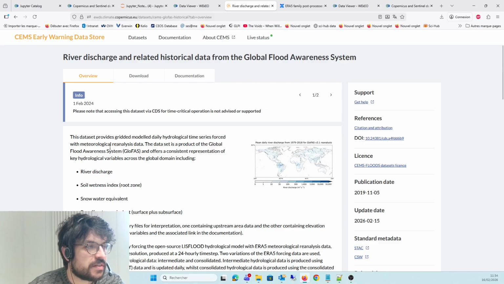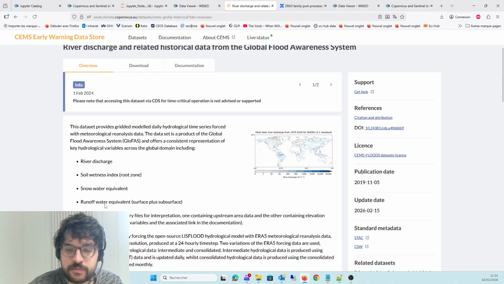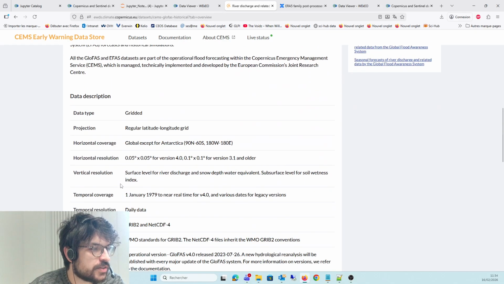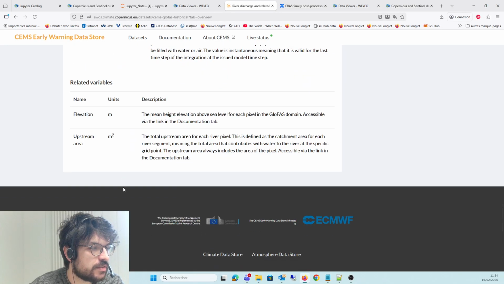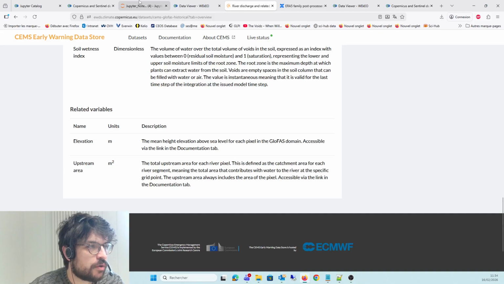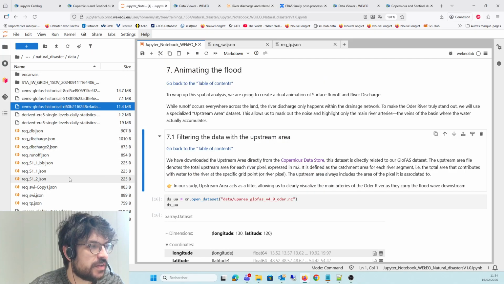You can see here that it is the same dataset with the river discharge, runoff, etc. And so we can have access to some auxiliary data. It's difficult to find, but here you can see that we have the related upstream area variable, and this is what we need. I've retrieved it, and it is available in the data package that is provided with this tutorial.